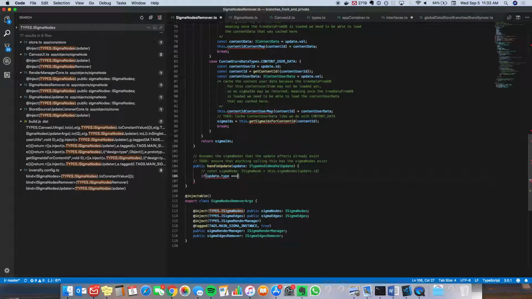What's the significance of triple equals? It checks for equality. So if update.type equals the value we're about to type, it's going to return the value true. There's a special type of value in programming called true, and there's another special one called false. Values get returned when you're comparing if two things equal each other. Okay. So update.type equals